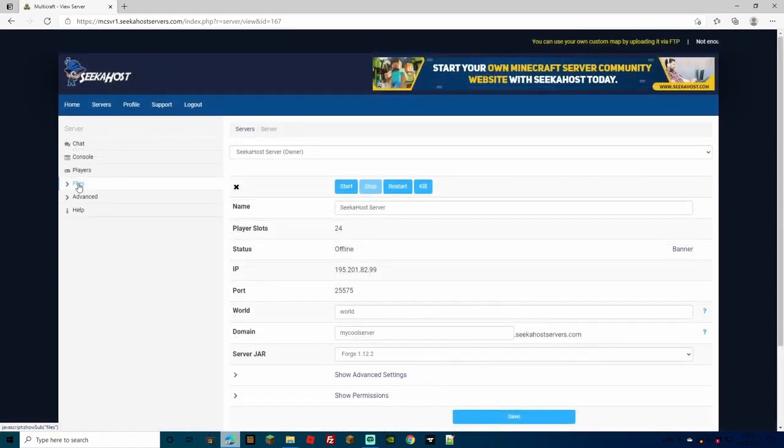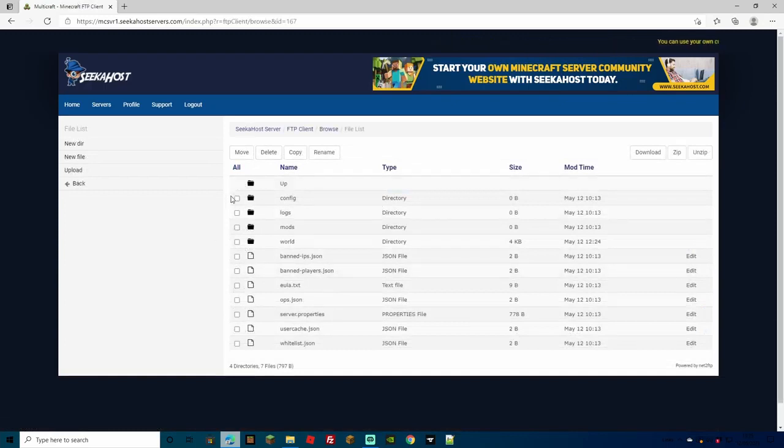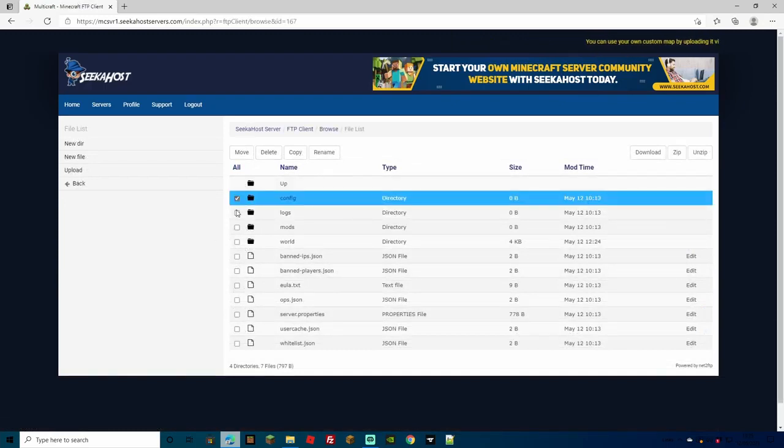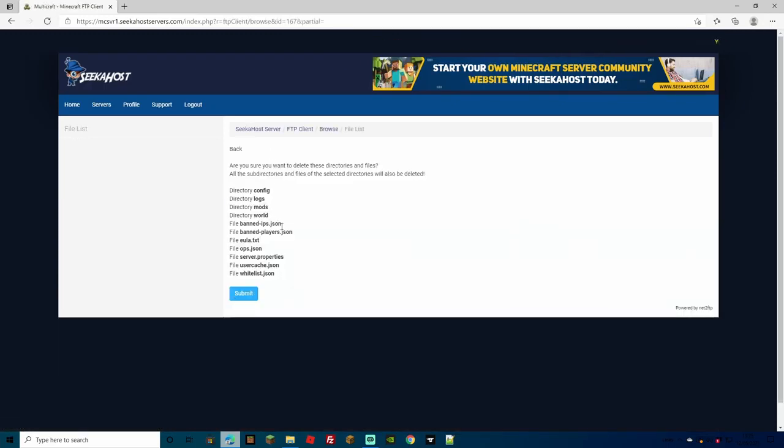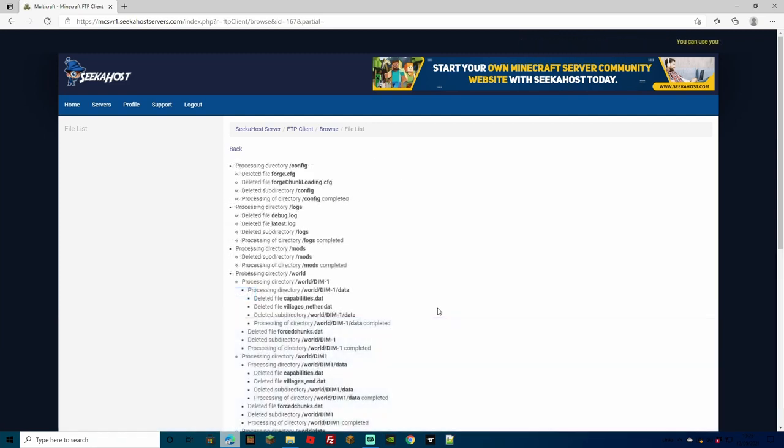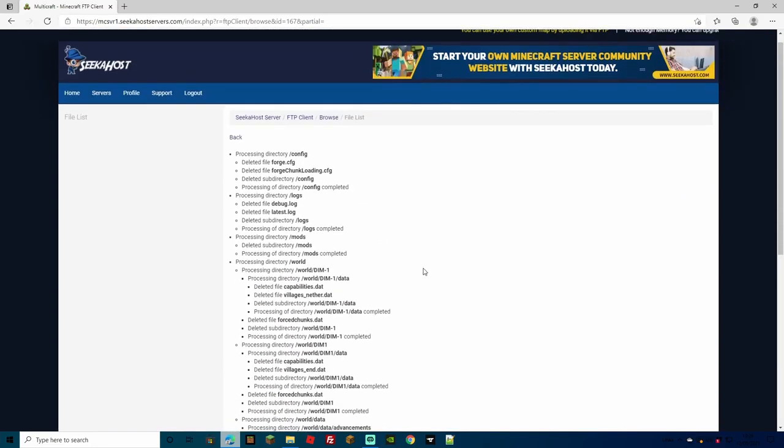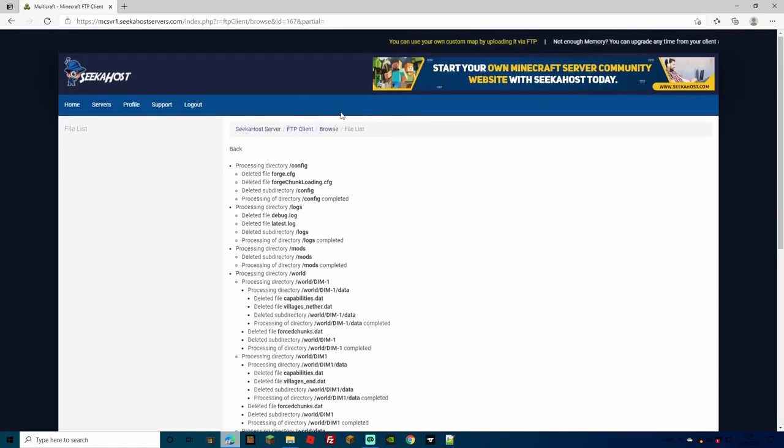Another way to delete your files manually is heading down to your FTP file access. Once you've signed in using your information, you can just go ahead, tick all of these. You can just tick all up here. You can go ahead and press delete that way, or of course you can use FileZilla. If you're not sure how to use FileZilla, we have got a neat video. All of this is on the SeekaHost website and you can connect via that and delete all your files that way, or of course transfer them over. But as you can see here, we've deleted everything on this server right now,